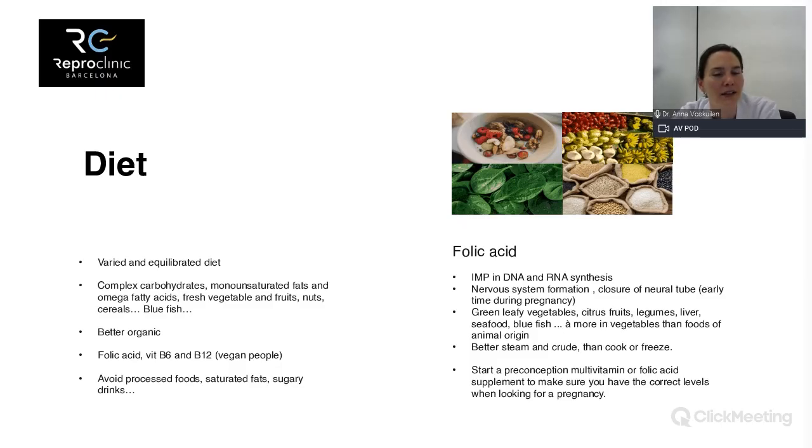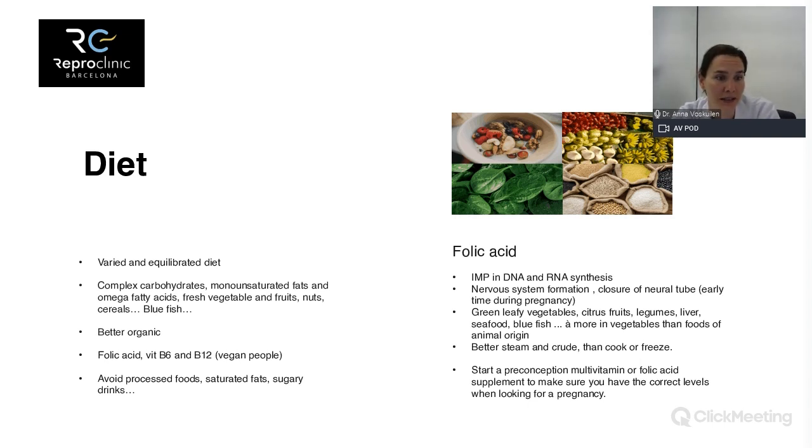So after that, about diet, which is very important. All these lifestyle things are important because everything that we can change before can help the quality of the eggs and can increase our chances, okay? But it's true that diet has not demonstrated that it can improve the quality of the eggs a lot. But it's something that we think is important, to have a very varied and balanced diet,